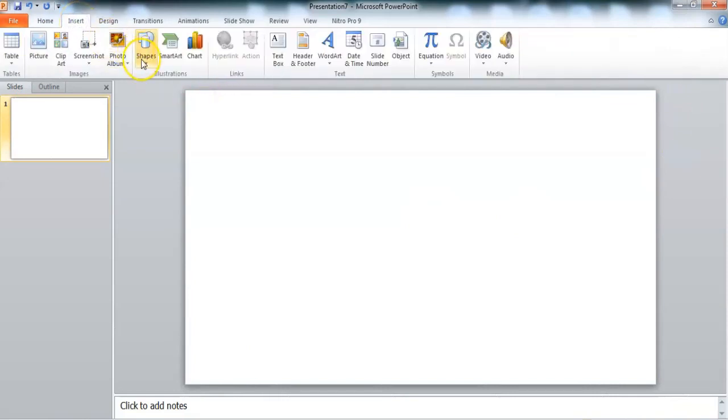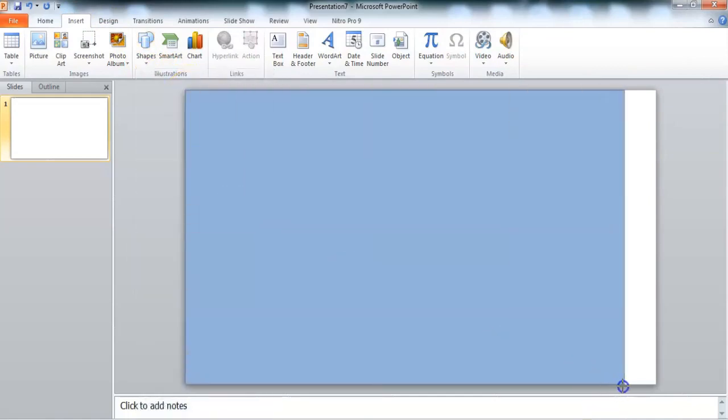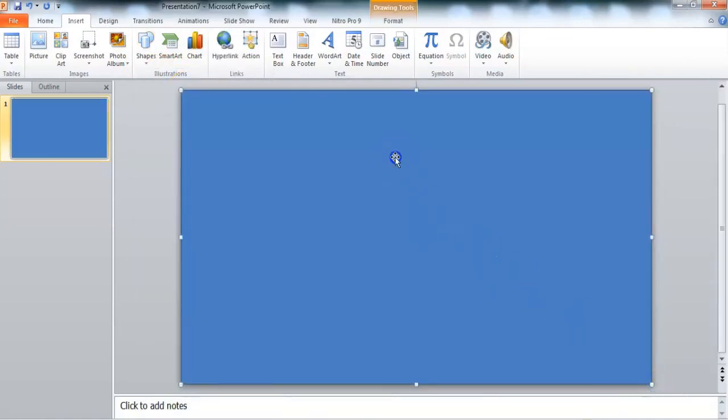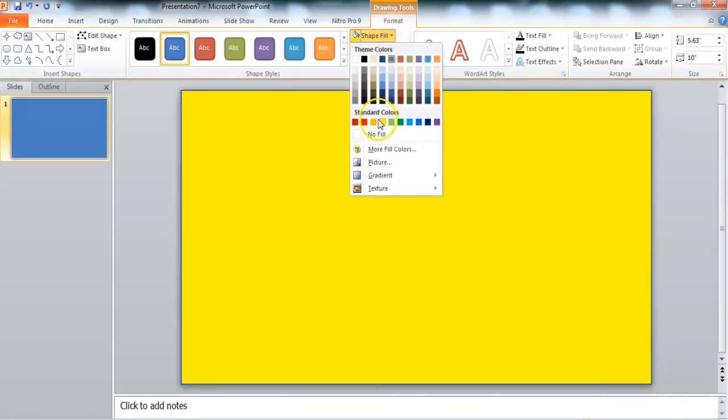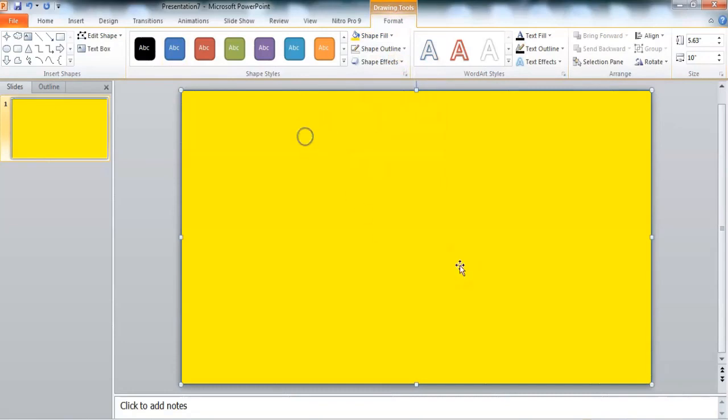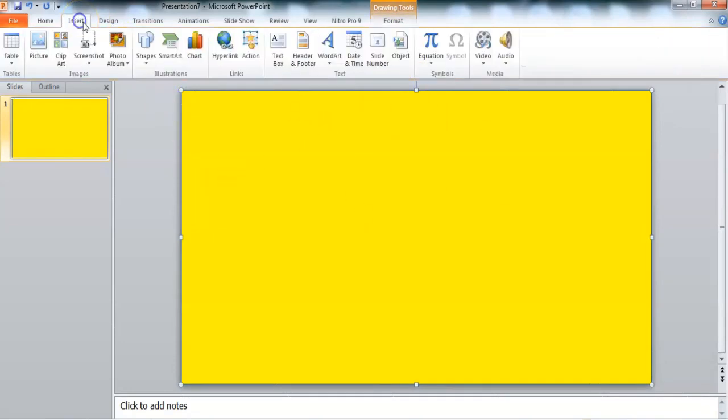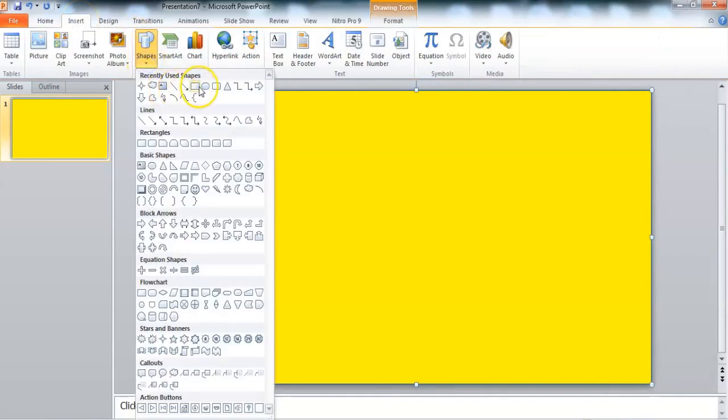So go to insert, take a shape, rectangular shape and fill this shape in background. Then go to format and you can change its color from here. Now we have to design the path of the game. So for this again take rectangular shape,